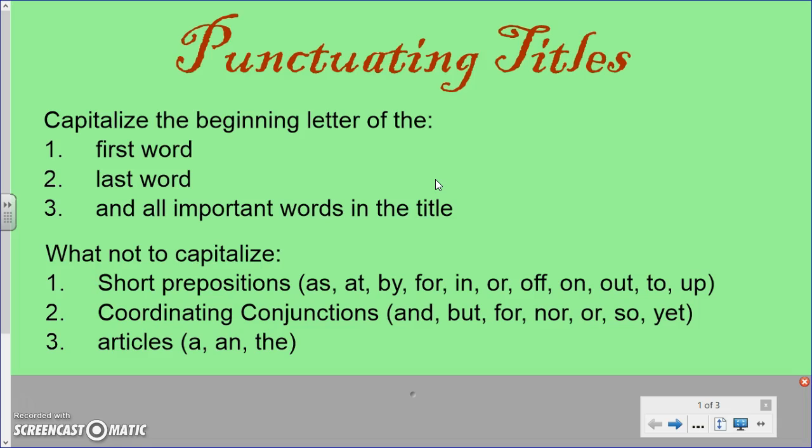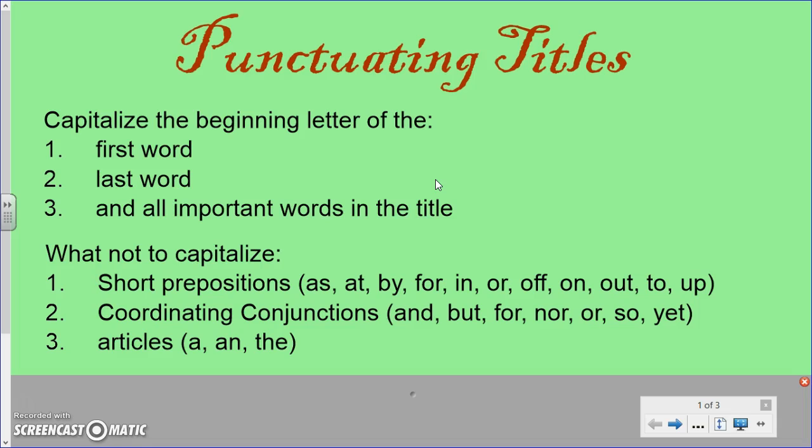A lot of you on a daily basis ask the teacher, is this in quote marks, or is this underlined, or is this italicized? Yes, that's all important, but there are certain structures and rules to this. Once you know the simple rule, it's very easy to understand how to take care of this. So first of all, let's focus on this idea of capitalization.